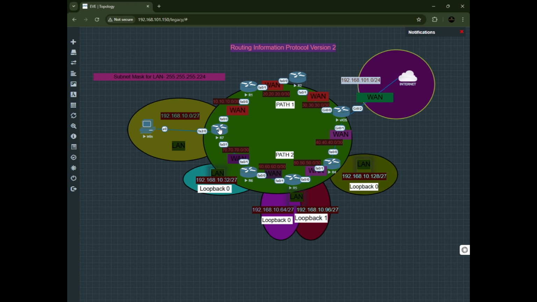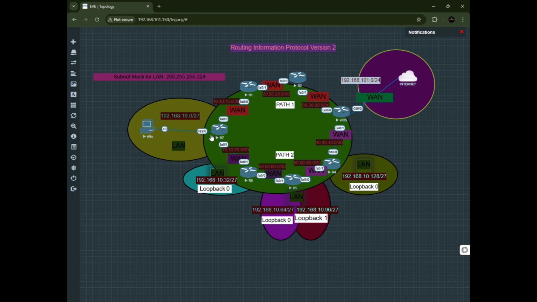Okay, so suppose we have a packet that is coming from this network ID, and it goes to this router, which is router 7, where there will be a routing table that exists on this. Remember, we've talked about the control plane and the data plane. So there will be a routing table located on R7 that will be determining where the packet will be forwarded. The metric will be